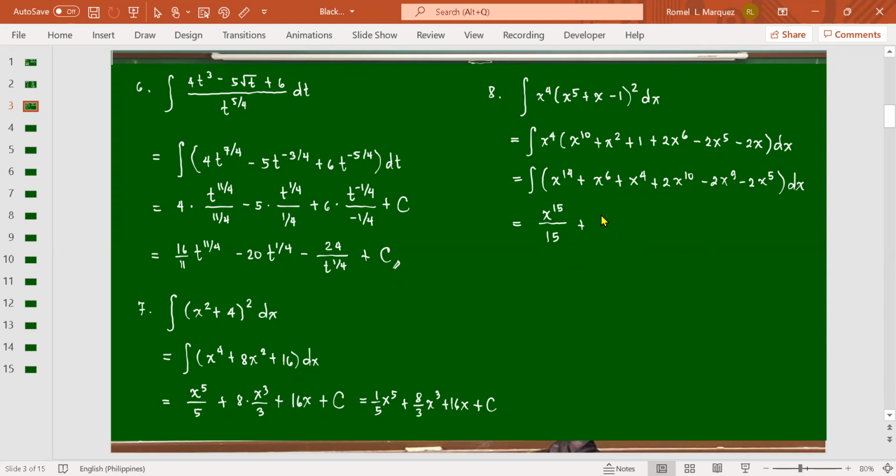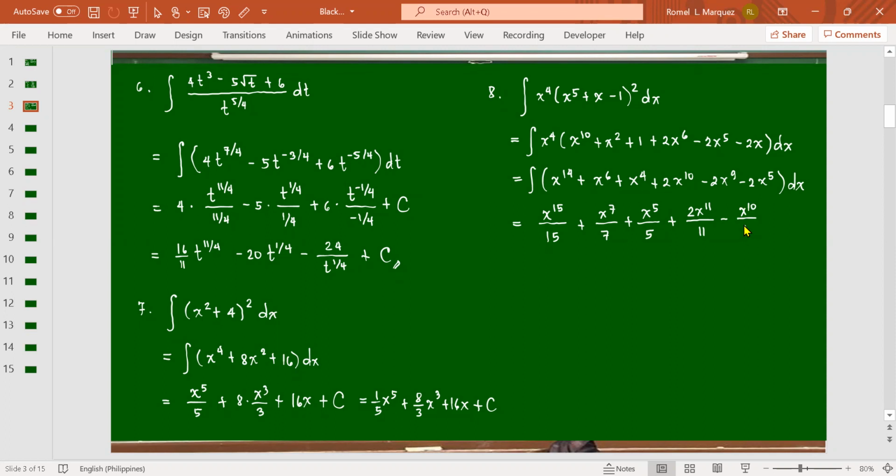Plus x raised to 7 over 7. Next term, plus x raised to 5 over 5. Next, plus 2x raised to 11 over 11. Next, minus 2x raised to 10 over 10. So, when simplified,